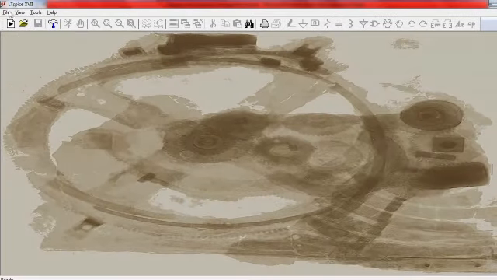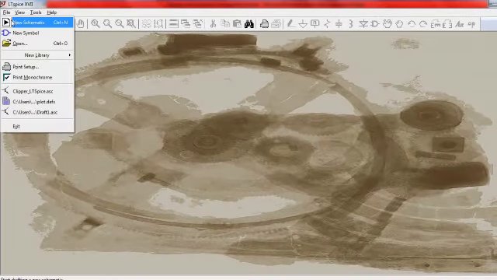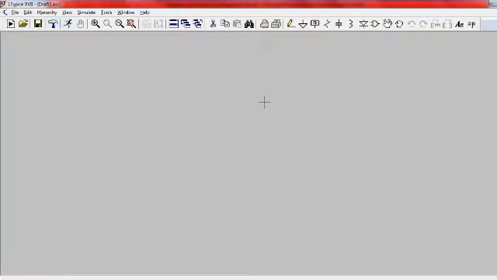Open LT-Spice, go to File and create a new schematic. A new schematic is appearing here. In order to do the simulation, you need a source. First I will take one diode. So you click on this symbol to get a diode, place the diode. This is the direction in which we have to keep the diode.